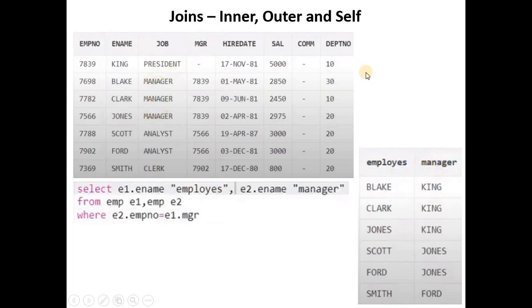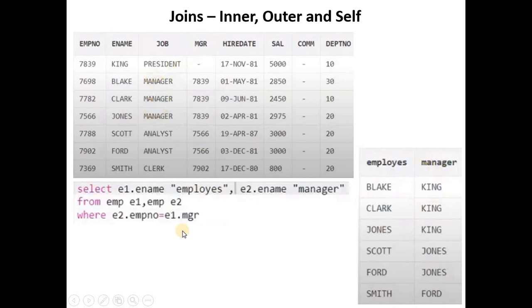So the same copy of itself, wherein I am saying that the manager should match with the employee number, so that what happens, this will come here, it will sit like this. Then I can get the employee name and the employee name of the second table. With that, the manager would be sitting right next to the employee column.